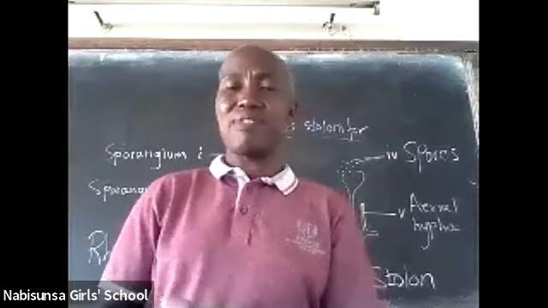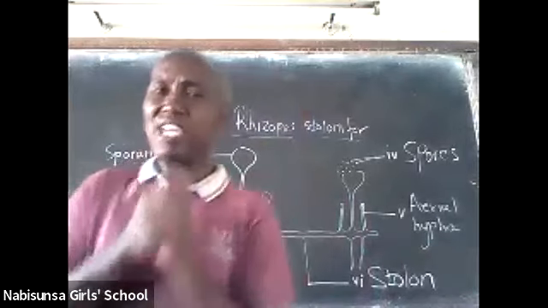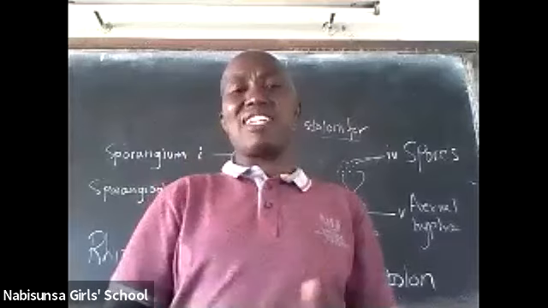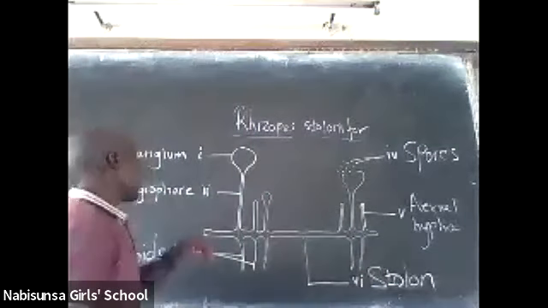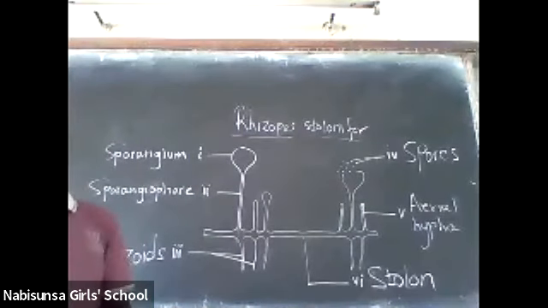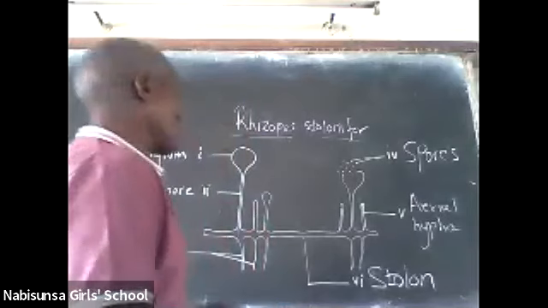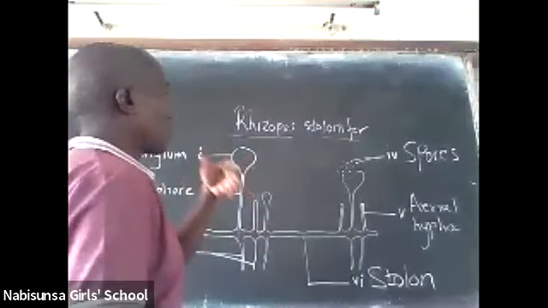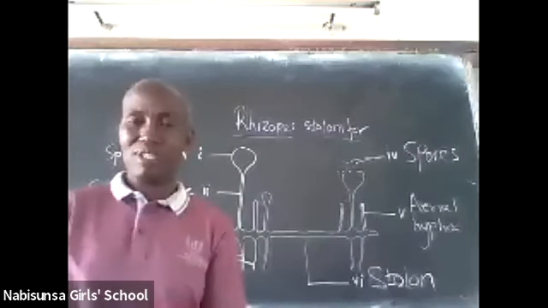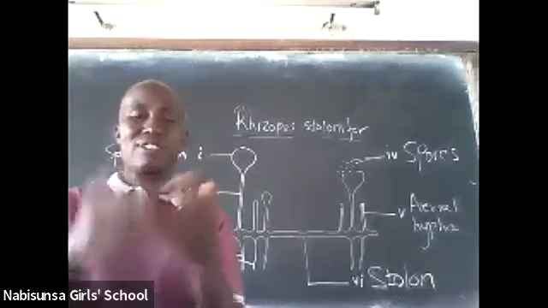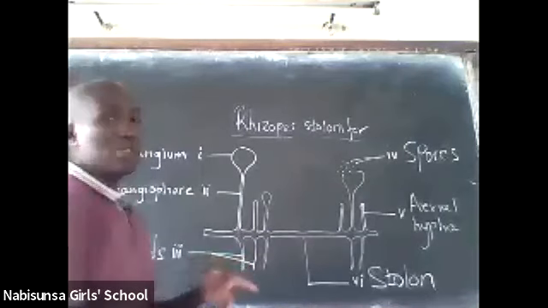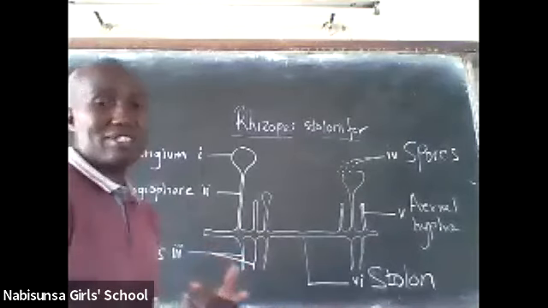The sporangium is supported by a hypha, of course an aerial hypha, but that hypha has a name. The name of that hypha is the sporangiophore. Because of time, I'm simply going to stop on the names of these parts here. The good thing is we've talked about most of them. Sporangium contains spores. Spores are reproductive bodies. Sporangium contains the spores. It's a spore case.